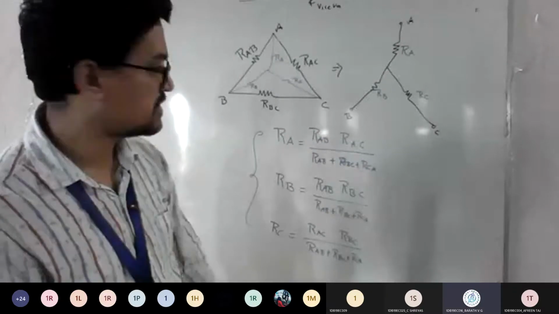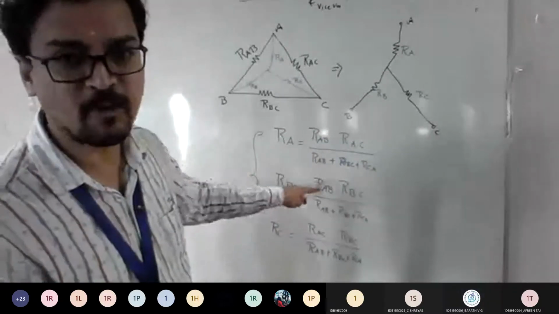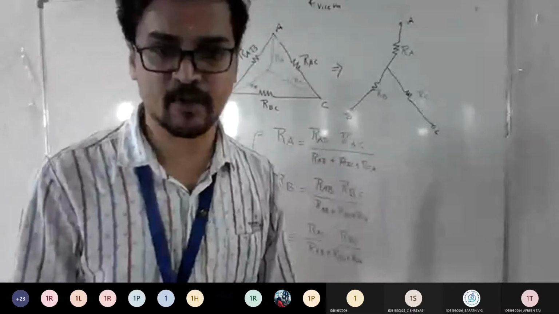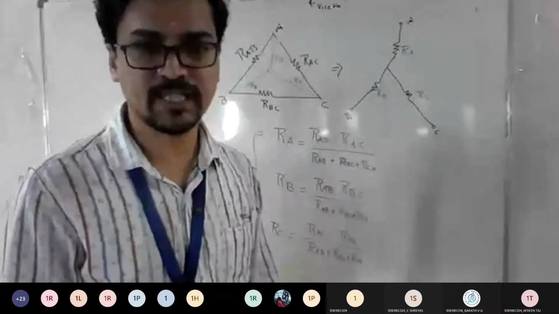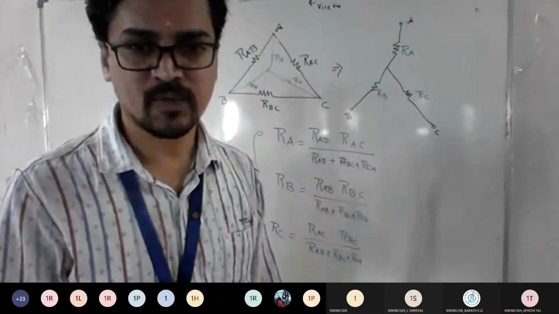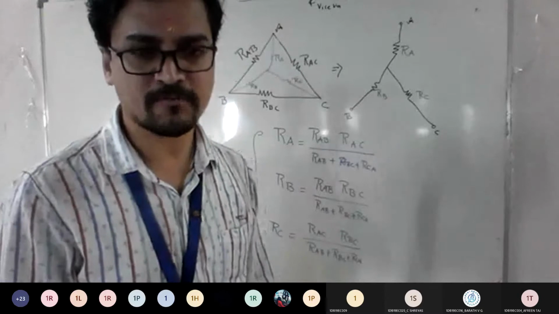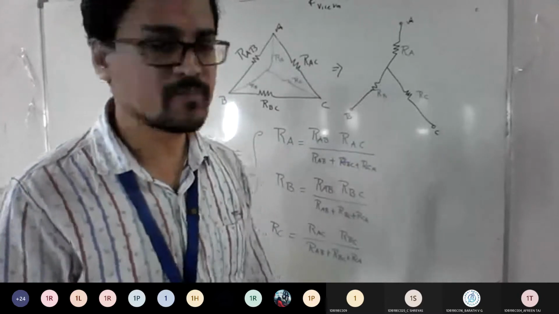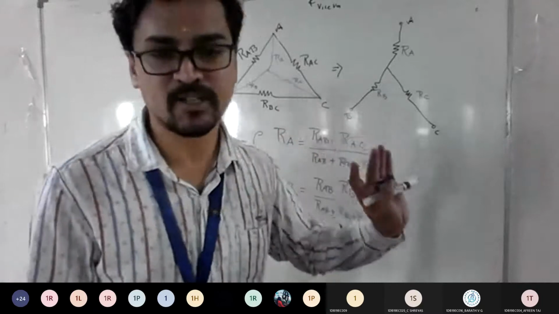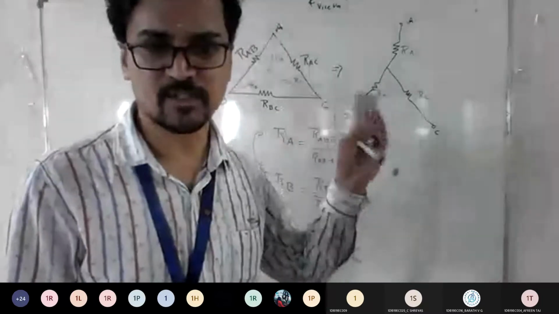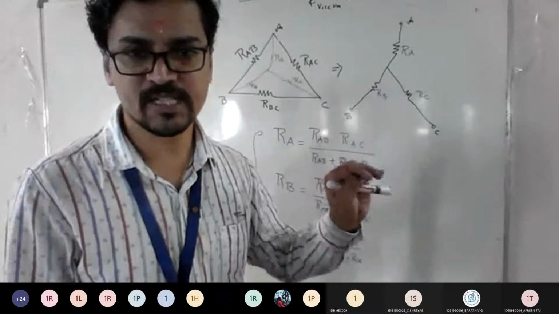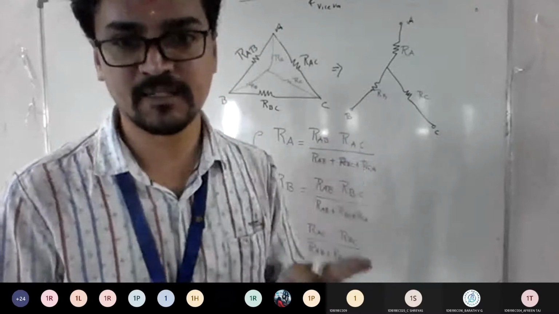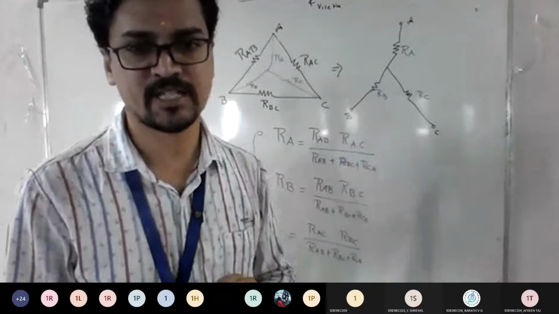Yes, sir. This is the thing you should be aware of: the formula. If you are able to remember the formula, then solving problems will become easy for you. Whenever you have more than 3 meshes, applying Kirchhoff's law becomes more lengthy. In order to overcome this, we go for the simple technique called conversions, delta to star and star to delta. Using this, we'll get the same answer.